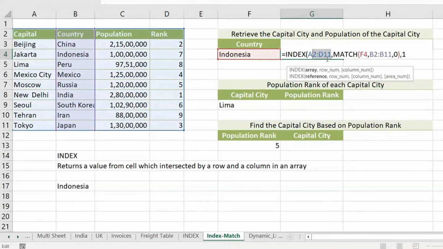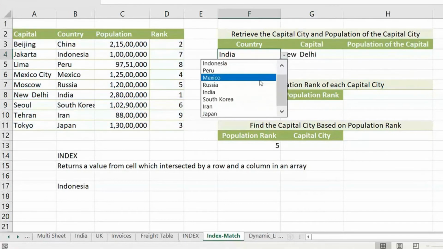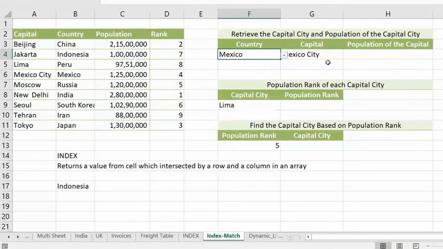First is the table. Second is matching your searching value. Then what column you want to bring. I'll repeat one more time. Don't worry. See here. If I just put Mexico City, something Mr. VLOOKUP cannot do, index match can do. See, I'll just redo it once again. Don't worry. I'll just show that formula once again. Maybe I'll do it for this one.